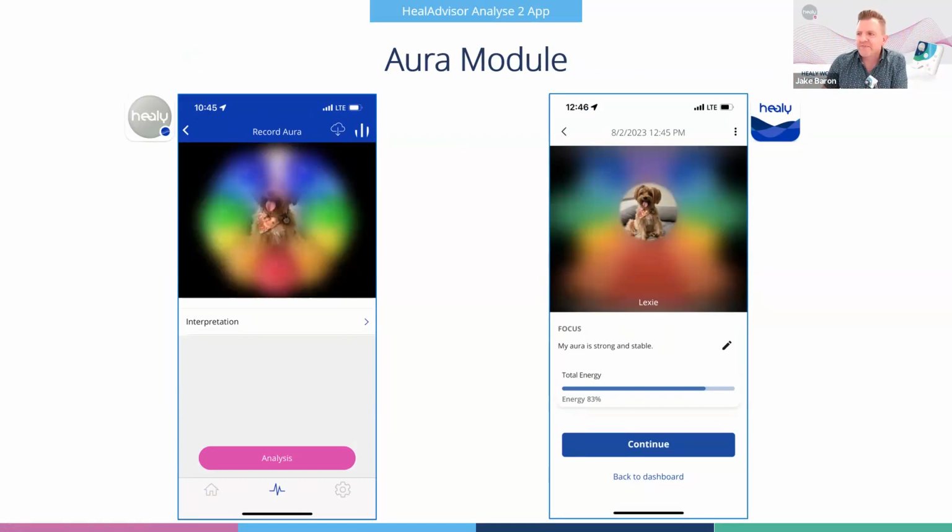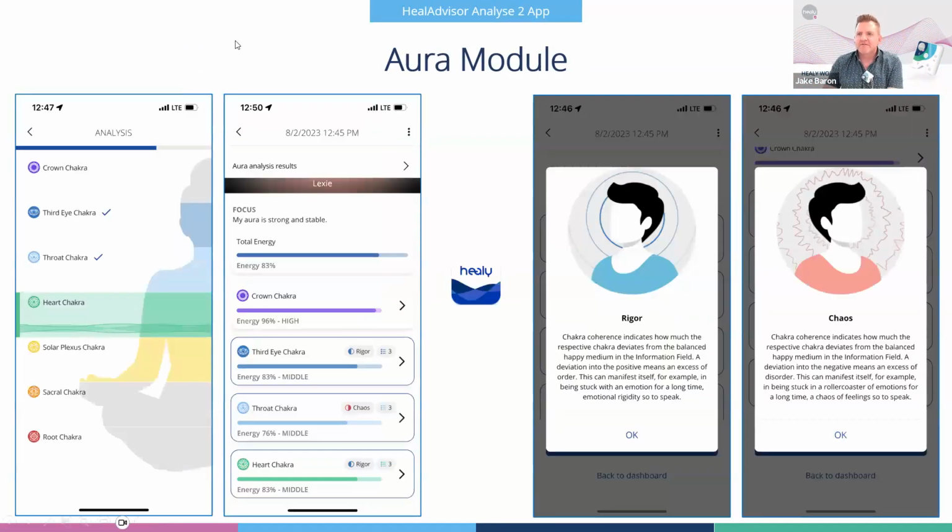On the next screen, as you're doing the analysis, it's very cool because the ones that you've selected have a check, it analyzes those, and it shows the ones where it's completed with a check mark by it, and the one that's highlighted is the one being analyzed at that time. And then on the next screen, it'll come through with all the different results to show you the percentages.